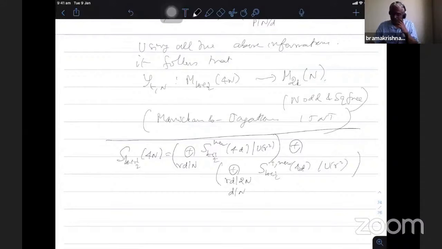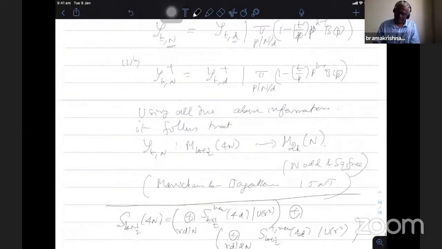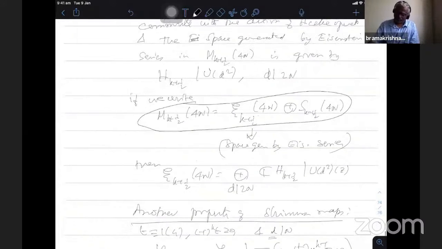So this also includes the Cohen's plus space new forms of level lower than n, including n and its duplication. So when I take the full S_{k+1/2} plus space of μ(4n), I get u4. So that also includes that and its duplication. So that will be there. And removing all of them, I have new classes outside the plus space. So there is no new part in the Eisenstein series. All Eisenstein series are old class only. So as we saw already, only the new part comes from the cusp forms.